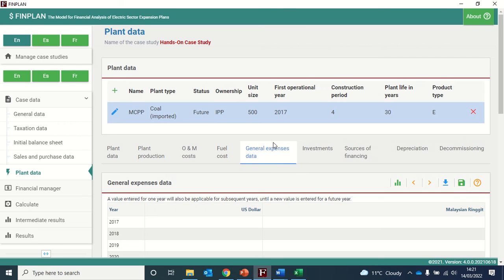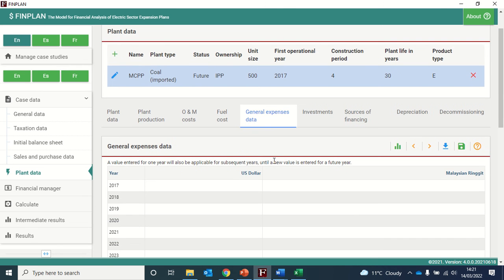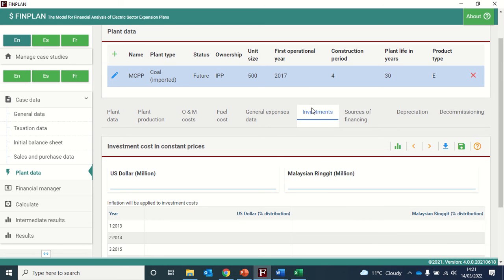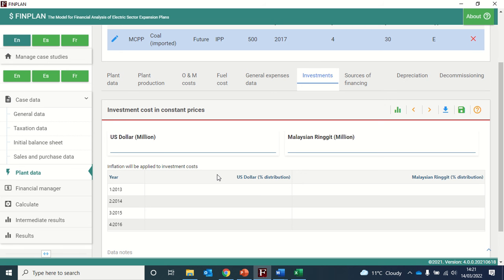We will skip general expenses data, as our hands-on did not give us any information on that, and we will move on to investments. So now we will need to enter data on foreign and local components of the investment costs. So click on investment at the top here,